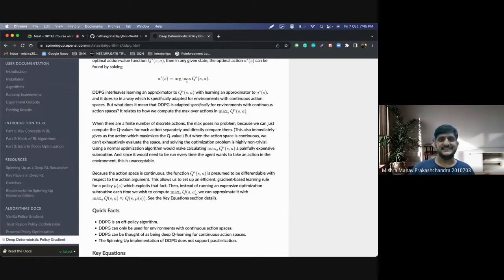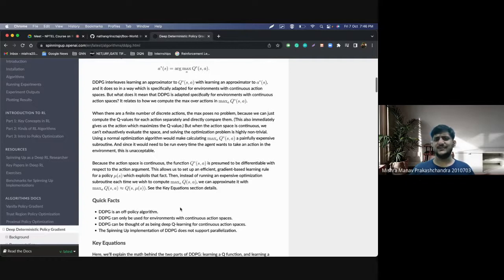Now since it's a deterministic action, there is no implicit exploration happening in the target network. So in order to have some exploration, whatever output you get from the neural network, you add some mean zero noise to it, in order to ensure exploration.